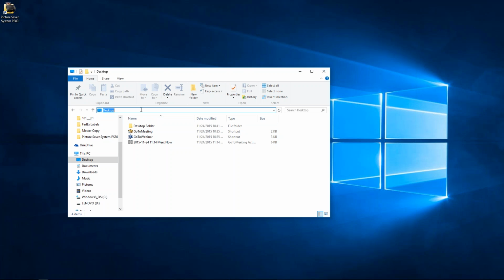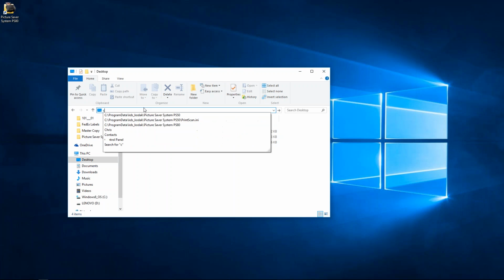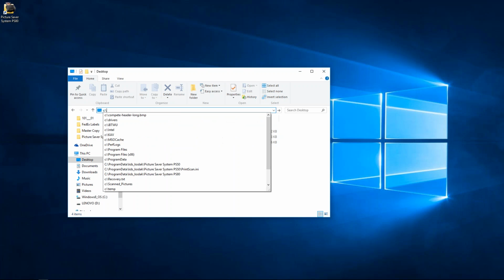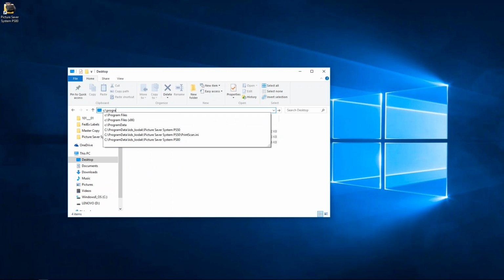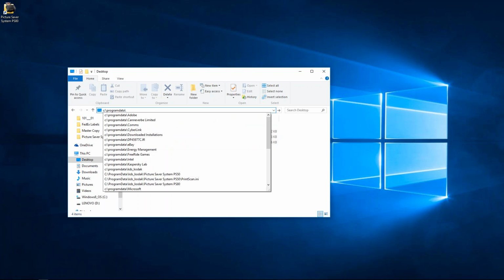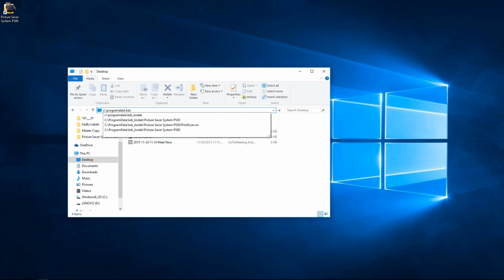Highlight whatever is within the address bar, and once that area is highlighted in blue, type in C:\, backspace, ProgramData, that's all one word, backspace, KDS_Kodak, backspace, Picture, now this time you hit the space bar, Saver, space bar, System, space bar,